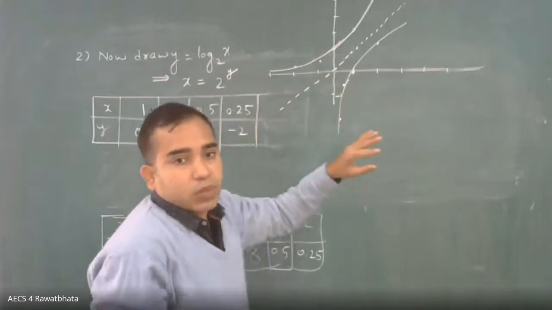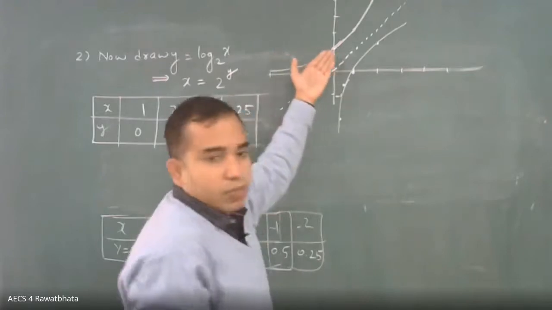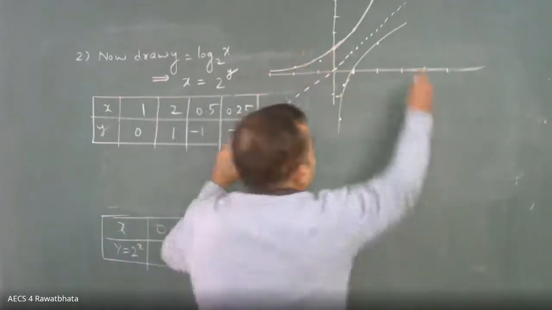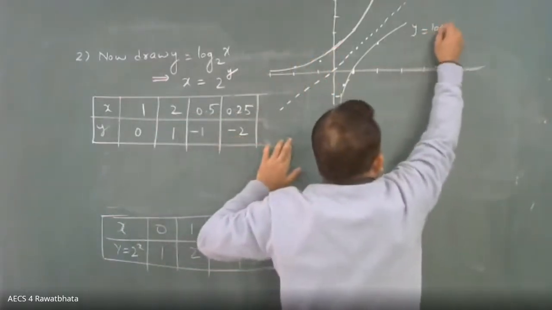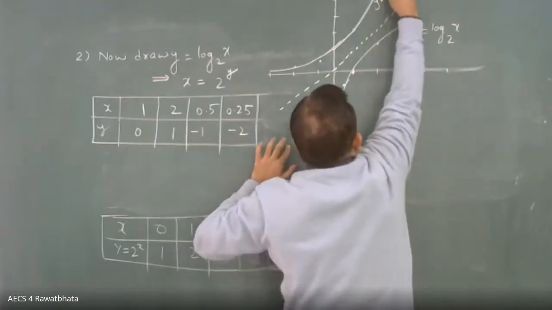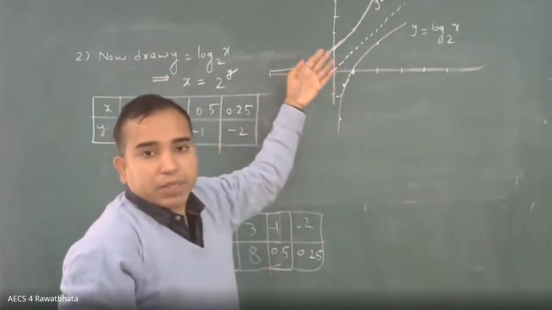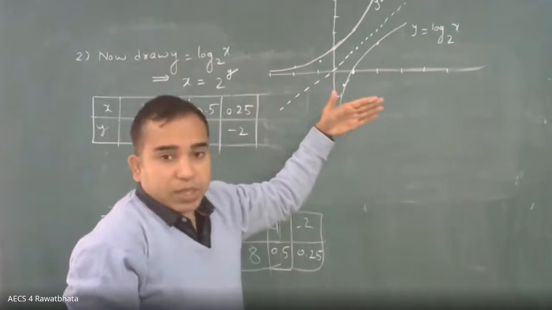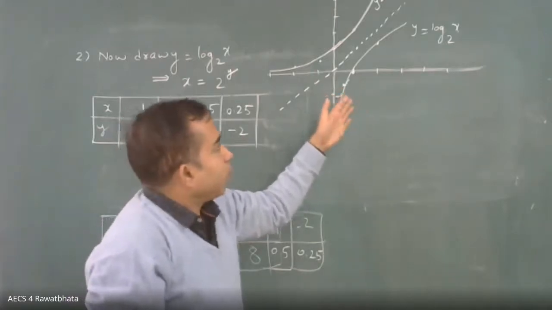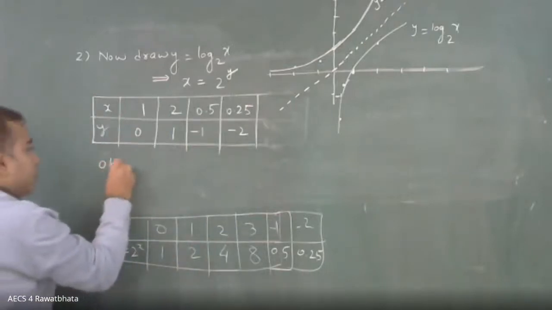And similarly, the mirror surface you can keep towards this 2 raised to power x curve side. Let me write the names. This is y equal to log x base 2, and this is y equal to 2 raised to power x. So if you keep the surface of the mirror towards 2 raised to power x, the image in the mirror that will generate will give you log x base 2. So this also you can write in your observations,